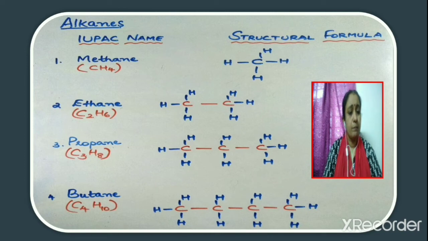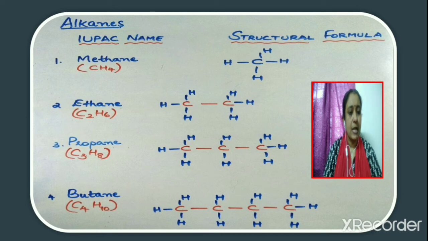Now consider butane. We know that it is a 4 carbon alkane. So you can show the carbon skeleton. You can show 4 carbon atoms all joined together by single bonds. And after that, we have to satisfy the valency of each of the carbon atoms. Now take the first carbon. It is bonded to only one other carbon atom. So that is why we need to add 3 hydrogen atoms to the first carbon.